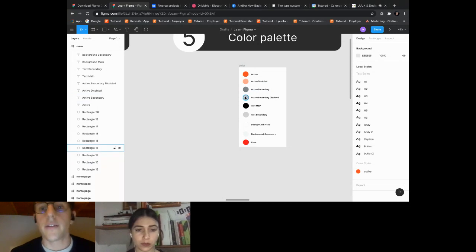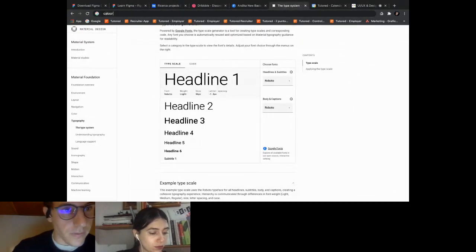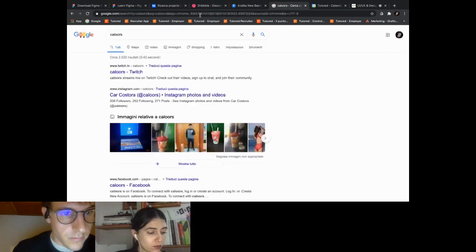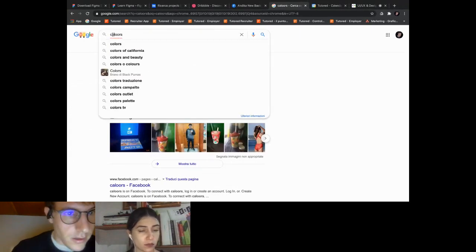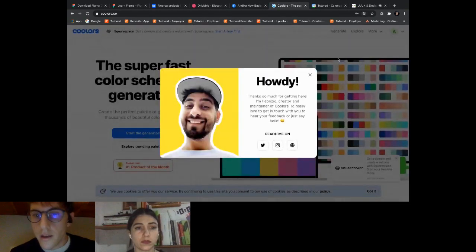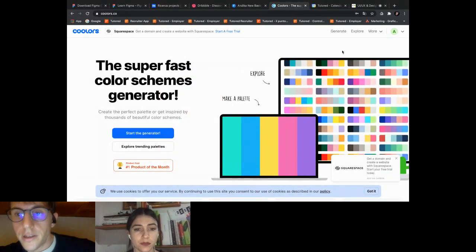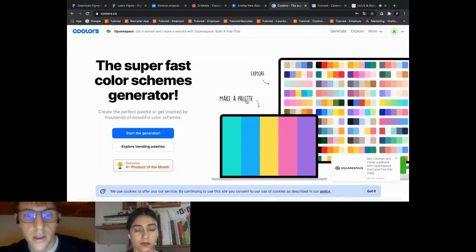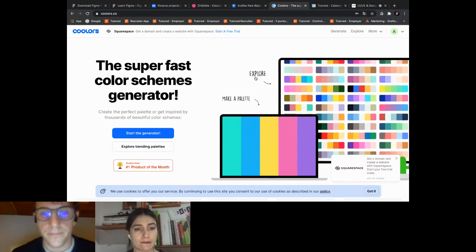To create a color palette, there is a fantastic tool that I use, called Colors. Here we can generate a color palette, or we can explore it, take some inspiration.